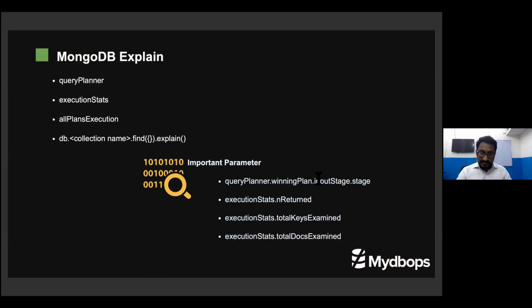So you can tell whether it is a collection scan or an index scan, and nReturned, keys examined, docs examined. For example, if I'm getting keys examined greater than zero and docs examined zero, or keys examined and docs examined the same, then it is a covered query. So whatever the query requires, all the information is fetched from the index itself. This is a simple example. If I have 500 keys examined and 1,000 docs examined, then the index's performance is somehow degraded. You need to understand and troubleshoot it. These are the few things you need to understand.